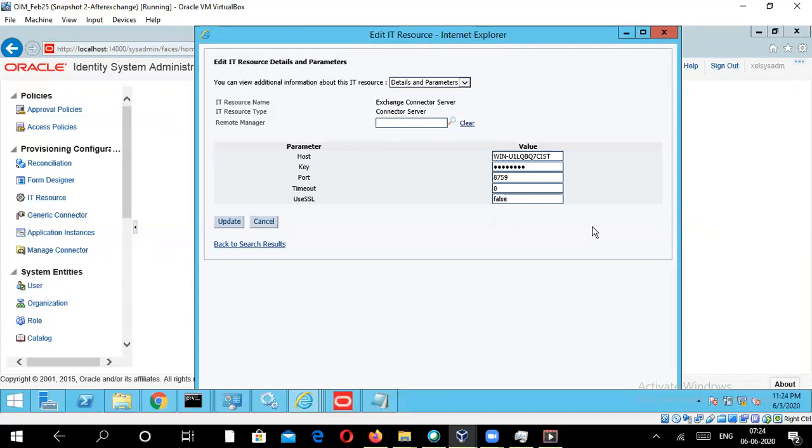Because the Active Directory connector is .NET framework based, you deploy the connector server and then deploy the connector on top of it. In the same way, you give the host name and the key parameter, the port, the timeout, the SSL values, and so on. All these parameters are exactly the same as what we did when we deployed the Active Directory connector server.